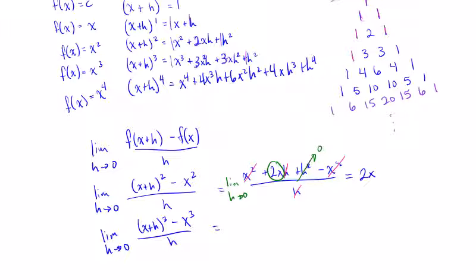And what I'll have is x cubed, and I'm using this one here, plus 3x squared h plus 3x h squared plus h cubed minus x cubed, right, all over h. And so once again, the x cubes will cancel out. Then we can reduce the h's, right? One of these, so 2 are left. One of these goes away, so 1's left. This one goes away. And then what happens once again is we're going to plug